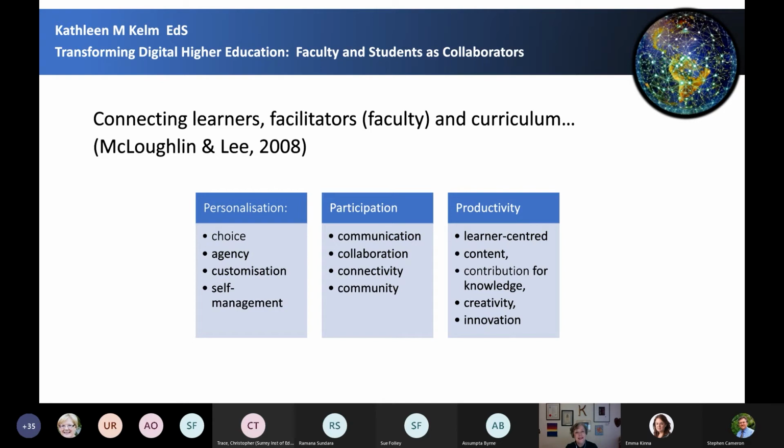It is not necessarily systematic. So we don't necessarily know. We know that there are lots of moments of digitization going on, but is there a way in which we could do this in a systematic way that would actively address the needs and show benefits for those involved in the learning environment, namely facilitators and learners? Next slide, please.